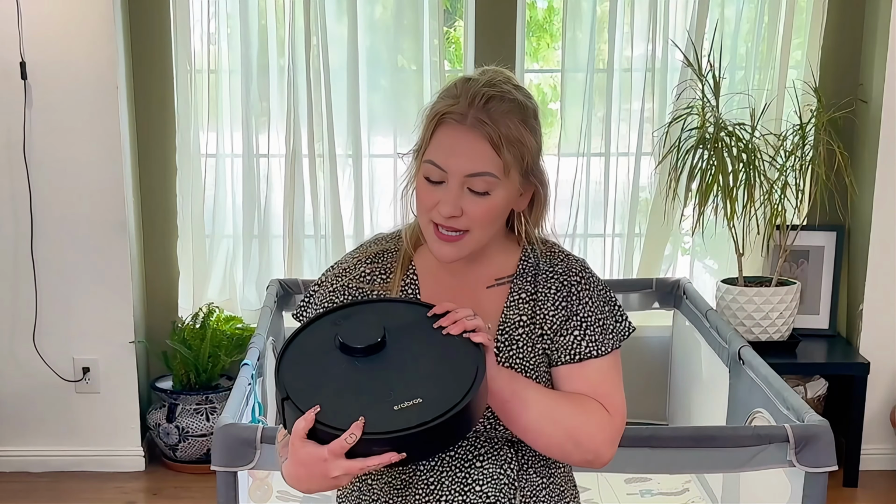I don't know if you guys name your appliances, but this is Frank. He's sort of like my partner in crime. If you're not the person in your household who cleans the floors, then you can keep on scrolling. This is not for you. You wouldn't understand. But listen, to my people, if you are able, having a robot vacuum of some kind is